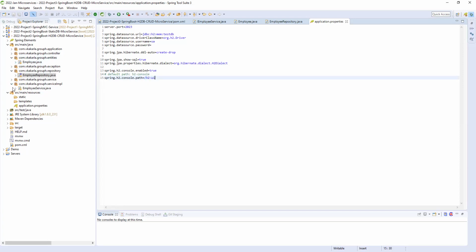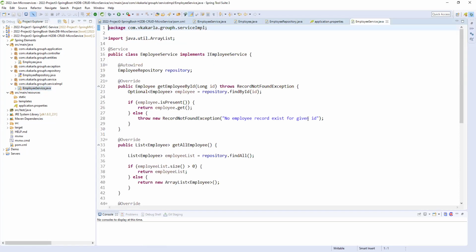Coming to service IMPL. So this is the service IMPL. Whenever we implement our interface, obviously we need the repository. Why do we need the repository? The repository.save method will come, and repository.findById. Why is it coming? The findById is a method from the JpaRepository, which is extended by the employee repository. Obviously, the employee repository will have all the methods that the JpaRepository has. Like that, we can call each and every method from the superclass. So repository.findById.